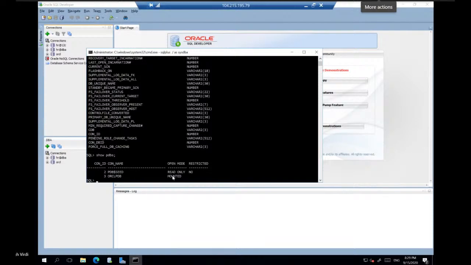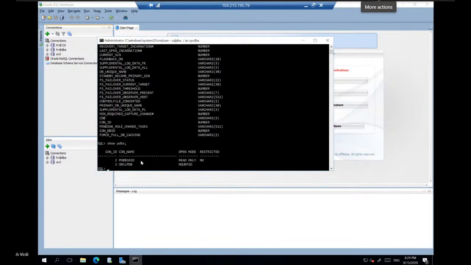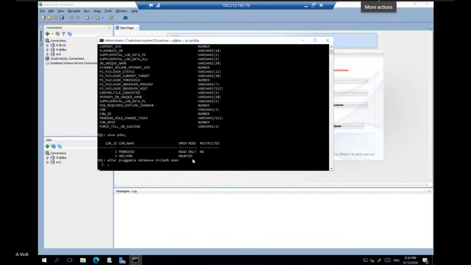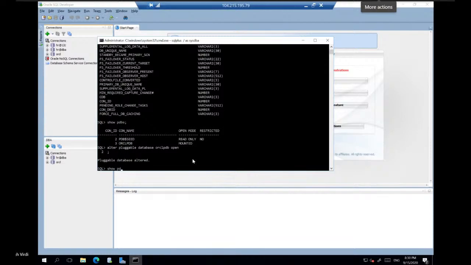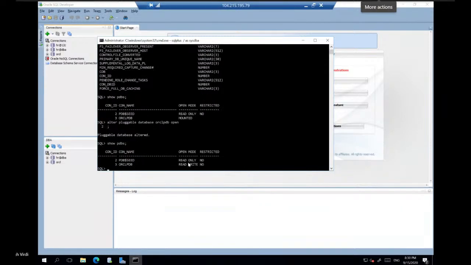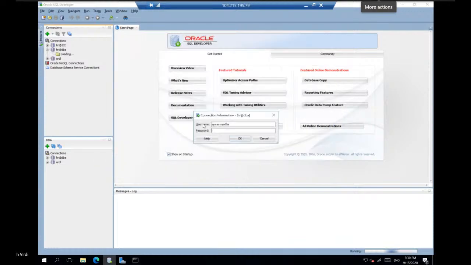Okay, so I'm using the container database, right? So this view will tell me, okay, as of now, I think my database is not up. So let me bring up the database first. Okay, so let's see if I can connect. Okay, looks like it is opening up.